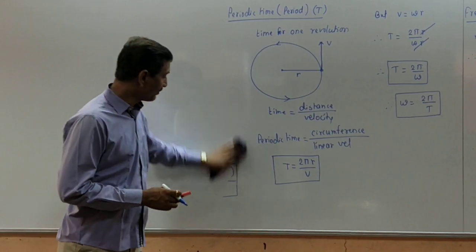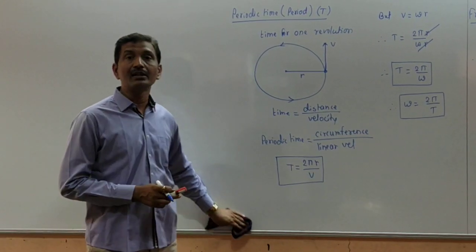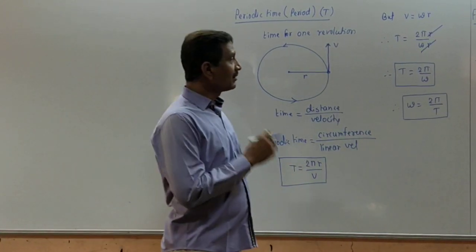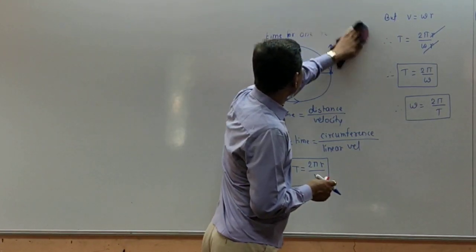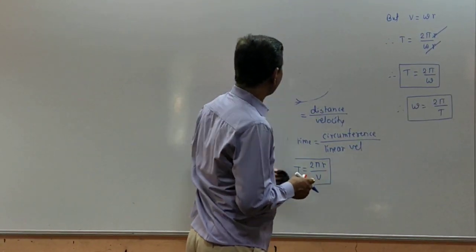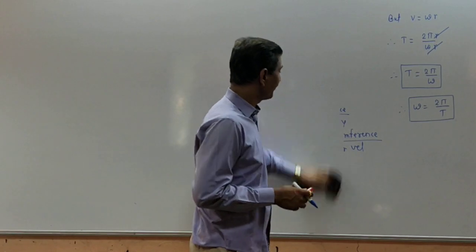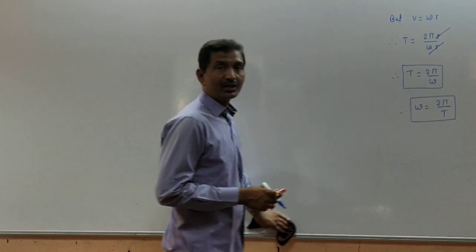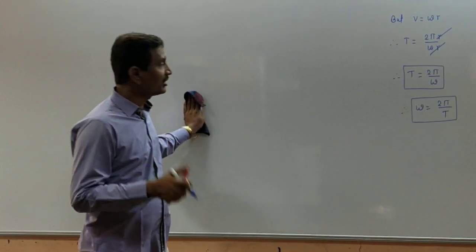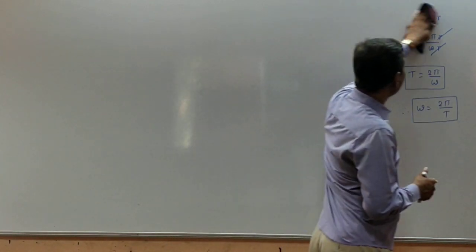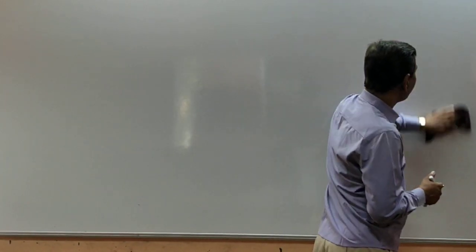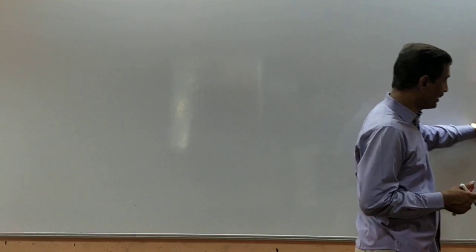It's called angular displacement. Its SI unit is radian. Finite angular displacement is not a true vector, while infinitesimal angular displacement is a vector. To represent this direction, we use the right hand thumb rule. Angular velocity is what? The rate of change of angular displacement is called the angular velocity, denoted by the letter